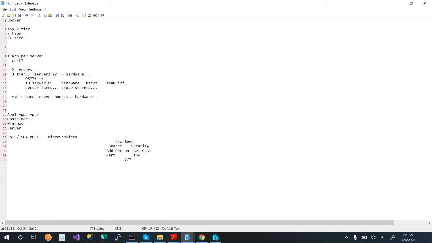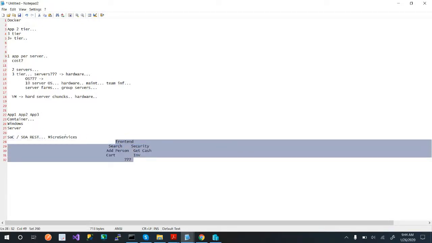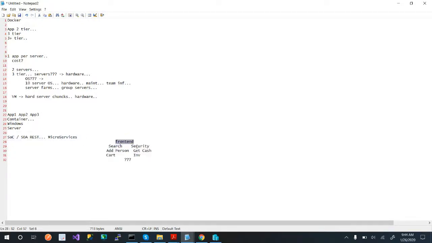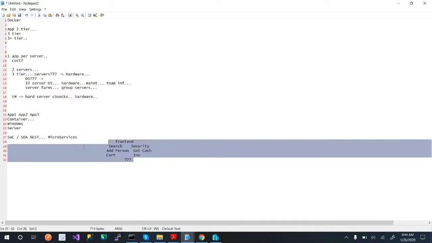Now, the cool thing is, what if I have this in Azure? What if I have this in Amazon Web Services? What if this is a thick client? So the point is they can be many different things, and that's why they can be called services. And each one of these builds together to create what we call microservices.